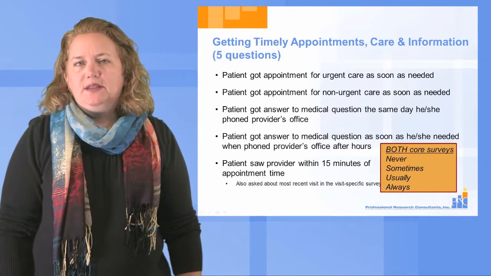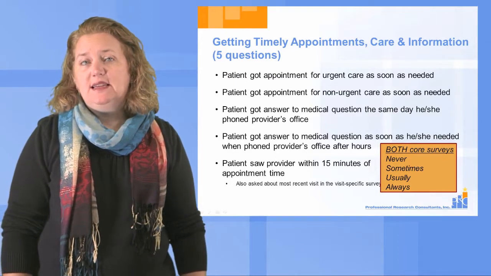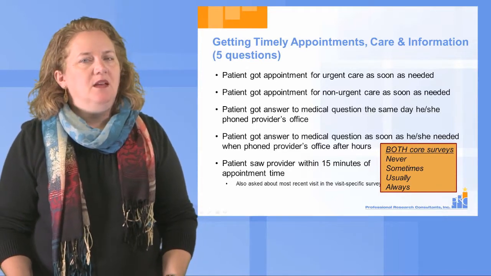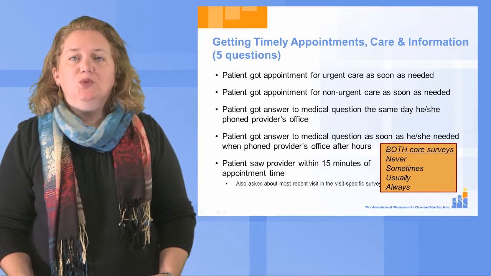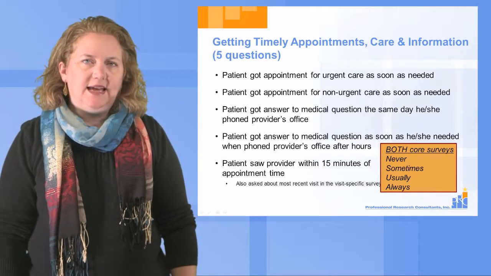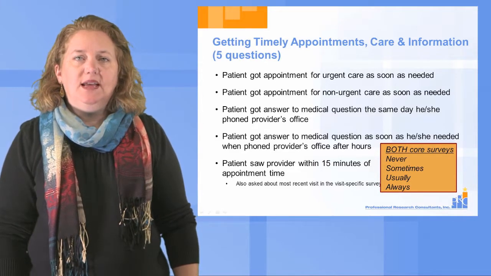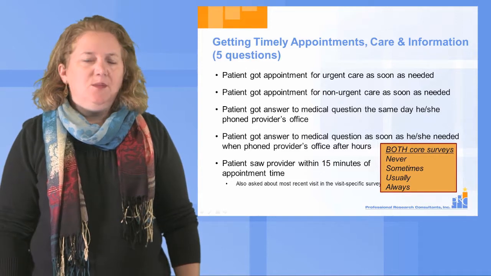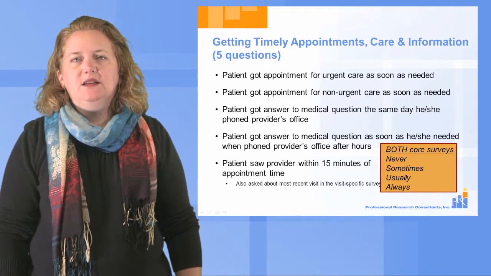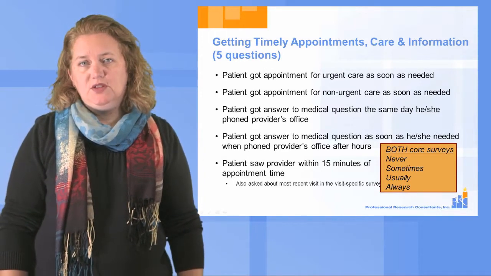The survey opens with questions about access. Are patients able to be seen as quickly as they need? Are patients getting answers to their questions when they call in? The first question, for example, is worded as, "In the last 6 months, when you phoned this provider's office to get an appointment for care you needed right away, how often did you get an appointment as soon as you needed?" Because all of these situations may not be applicable to the patient's most recent visit, these questions use the 6-month frame of reference in both versions of the survey.